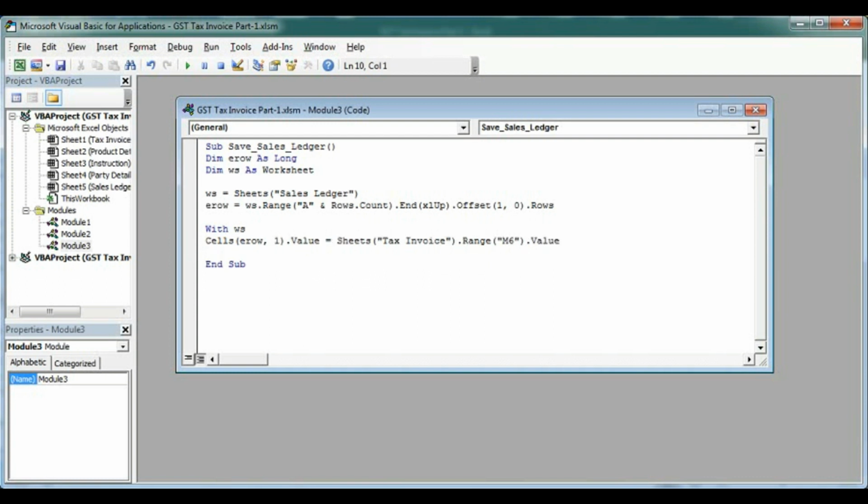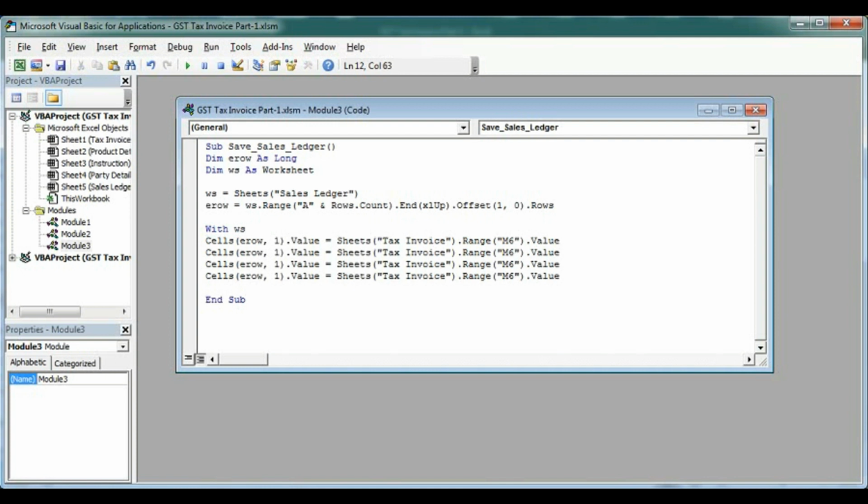In the same way, copy this one, paste, paste, paste, because there are 4 columns. So put here 2, 3 and then 4. After that, we need here the first column need the value of M6, then second is